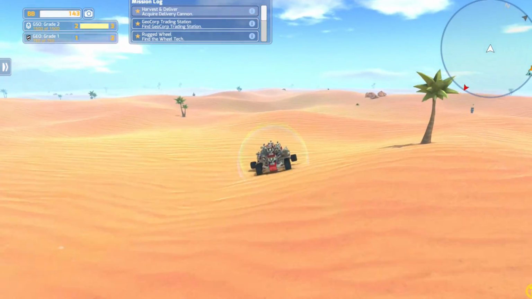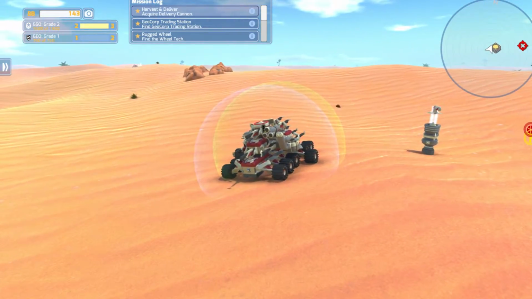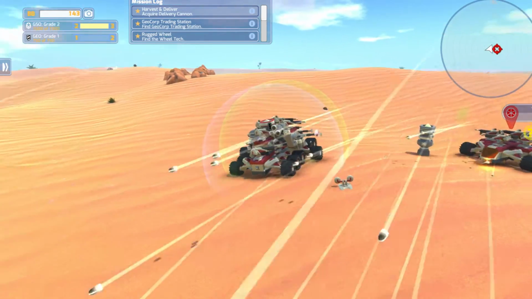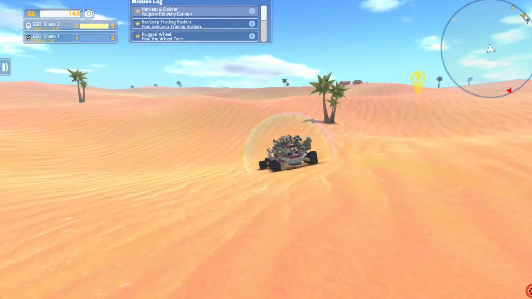Ooh, yes, there's another gray out here. Let's see what we got here. I would love to find some Venture shield bubbles and things of that sort. Headlights. Not something I'm too excited about, but definitely something unique that we haven't had access to yet on this playthrough. Let's keep heading in this direction, because where there's one gray block...